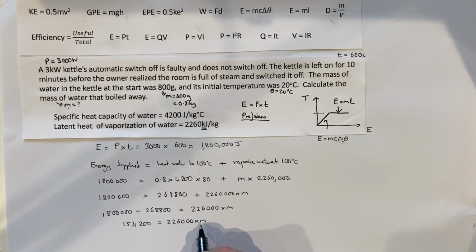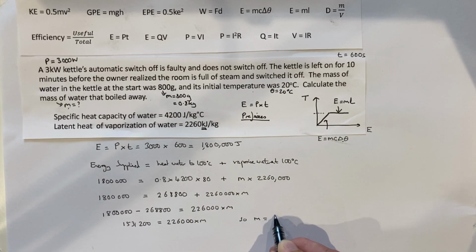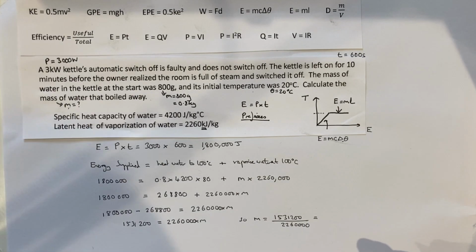So now I've got to divide by 2,260,000. So the mass is going to equal that amount divided by 2,260,000, and that gives 0.678